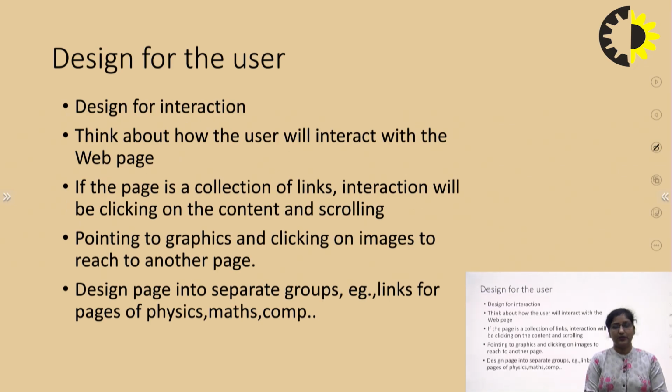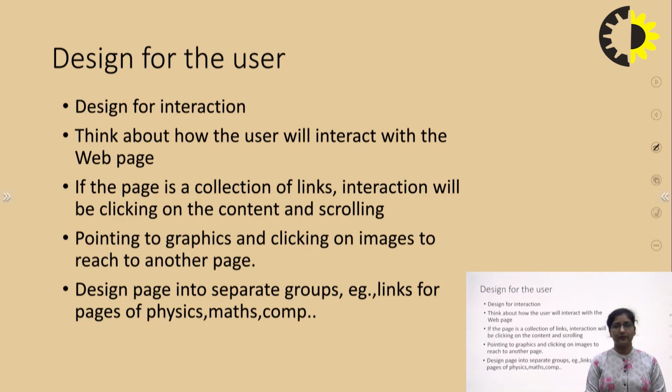Design for interaction: if I have an interactive website, how is that design to be done? We think about how the user is going to interact with the web page. So after designing a website, or even before designing it, we need to think from the point of view of the user, how the user is going to navigate the website. The designer has to think, okay, I am the user, what information is required, how am I going to surf the site, how am I going to move from one place to another?